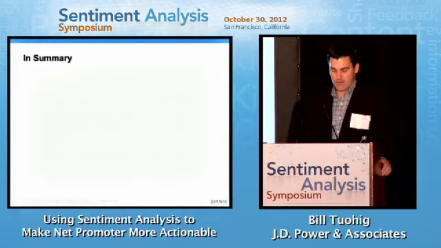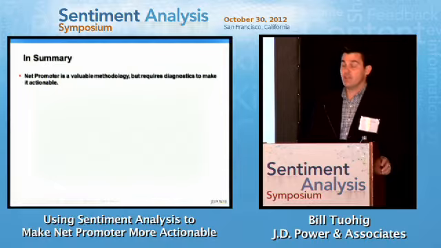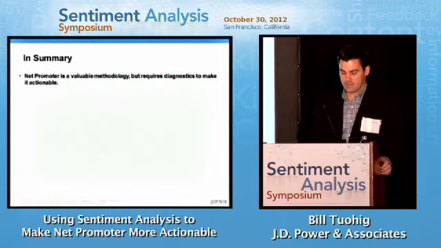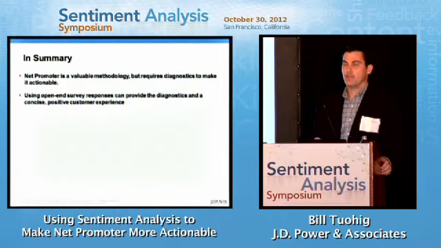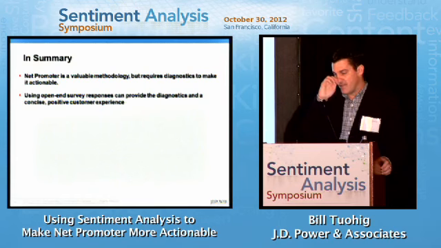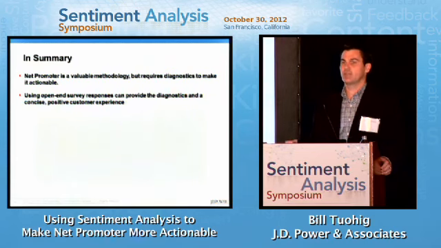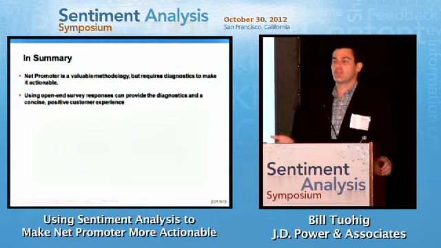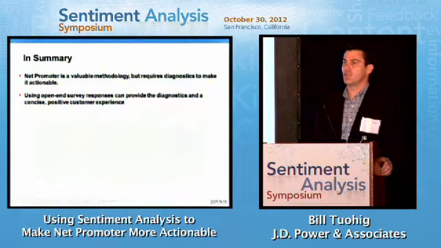So in summary here, I would say Net Promoter is a valuable methodology, no doubt, but it does require diagnostics to make it actionable. Just knowing that score is a helpful benchmark, but at the end of the day, you've got to figure out how you're going to drive it up, and you need diagnostics to do that. Using open-end survey responses can provide those diagnostics in a concise and positive way. So instead of asking 30 to 50 closed-end questions, why not just make it a very short, quick survey,